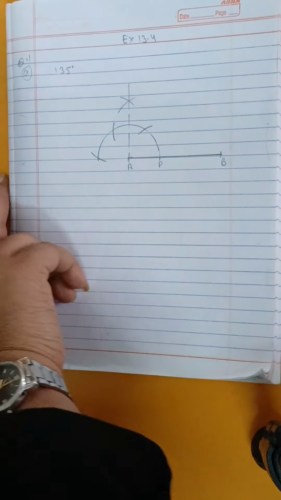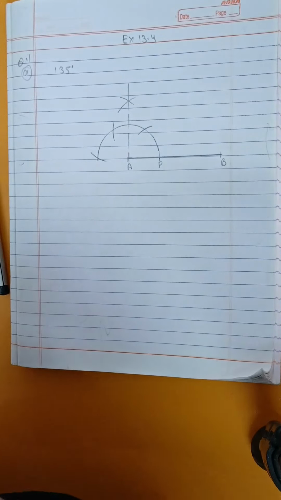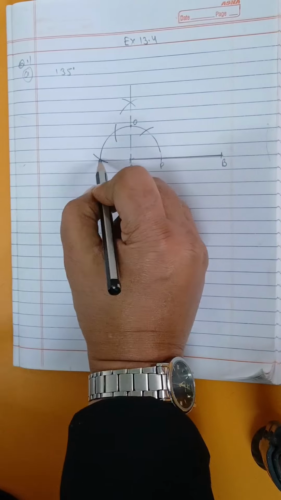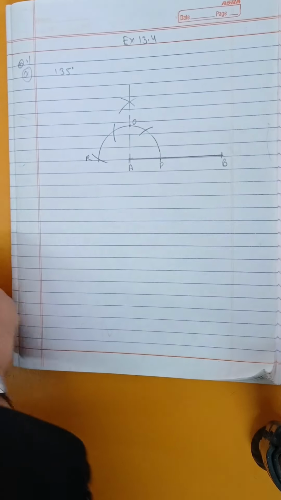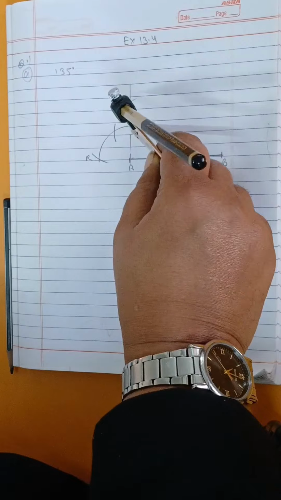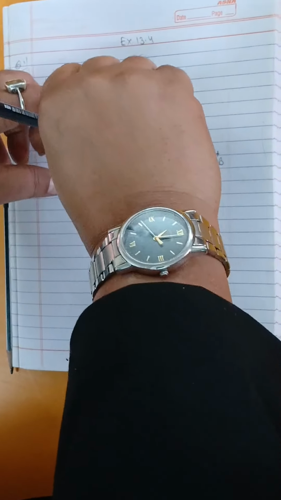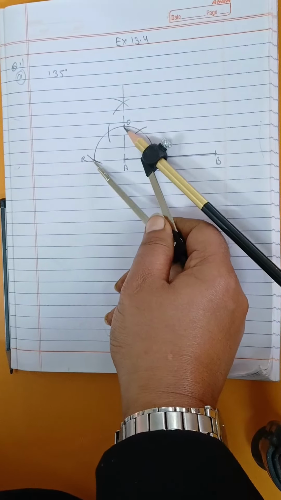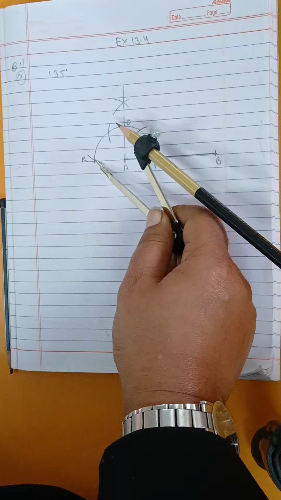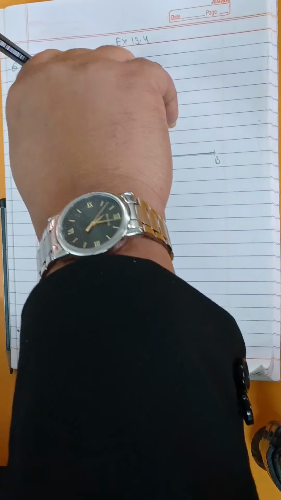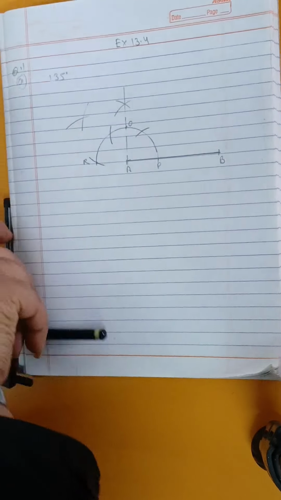Okay, and now we are going to draw the angle of 135 degree by putting this intersection point O, and it is 180 degree. I will place it with R. Now I am going to draw bisection of O and R. I will stretch my compass between 90 and 180 degree. Here you can see 90 and 180 degree. I stretch my compass with this distance. With the angle 180 degree, I will draw one arc, and with 90 degree, I will draw another arc. This is the angle of 135 degree.